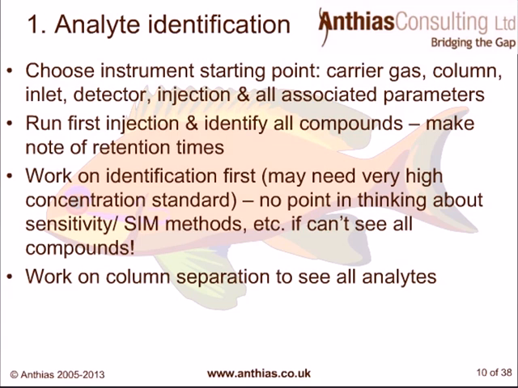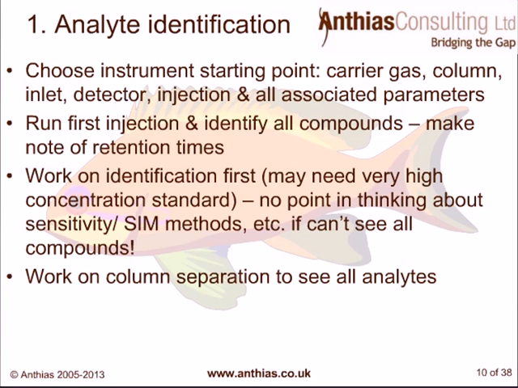To work on your column separation, to see all of your analytes, you're starting to get that separation on there. So you tend to be doing this with a reasonably high concentration standard to start with. You need to find where all of your compounds are. And also then at this stage you can start to identify those difficult, those problem compounds. So those ones which aren't giving you the sensitivity that you require maybe. Those ones that are coeluting, and also again things like isomers of each other, which are much more difficult to